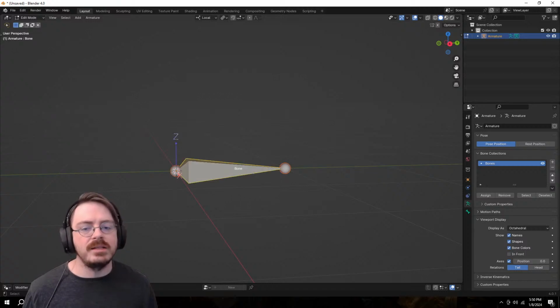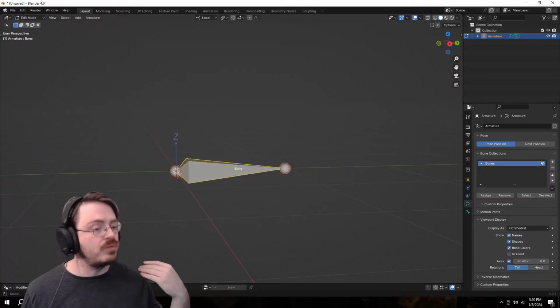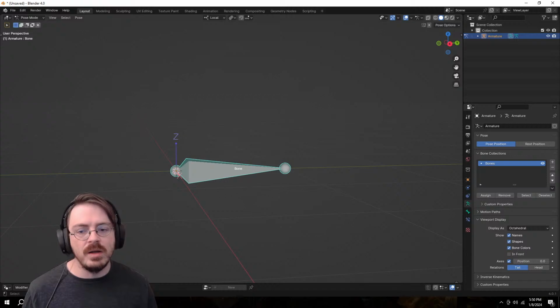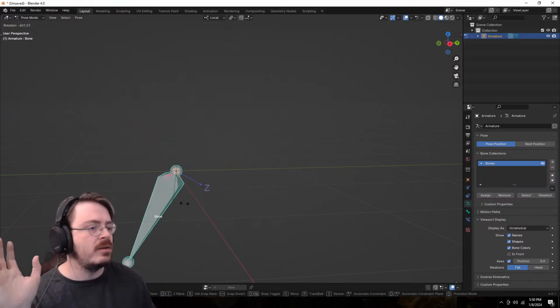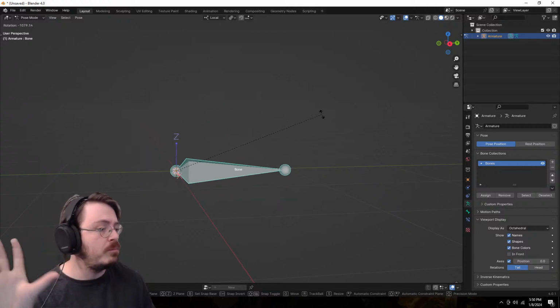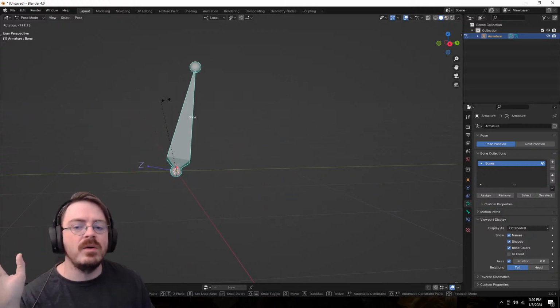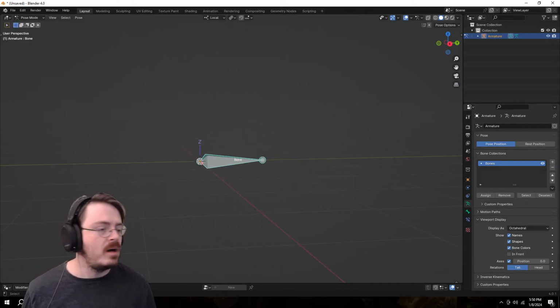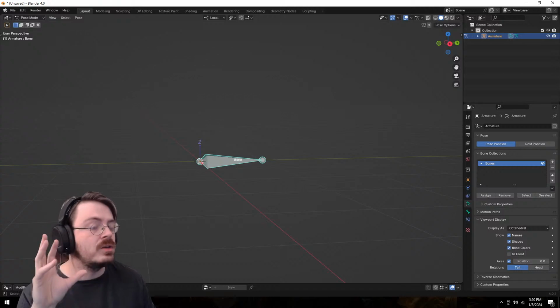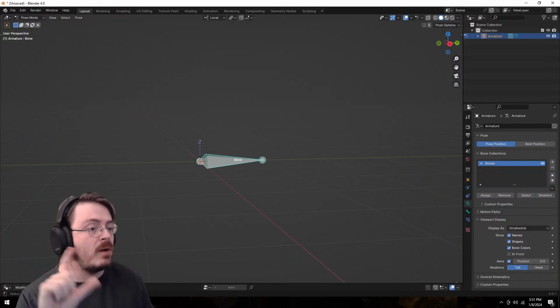The issue is that bones will always rotate in pose mode from the head of the bone. So here, without any other button pressing, when I rotate the bone, it is rotating from here. If I scale it, it'll also scale from there, and so on and so forth. And that works great most of the time. However,